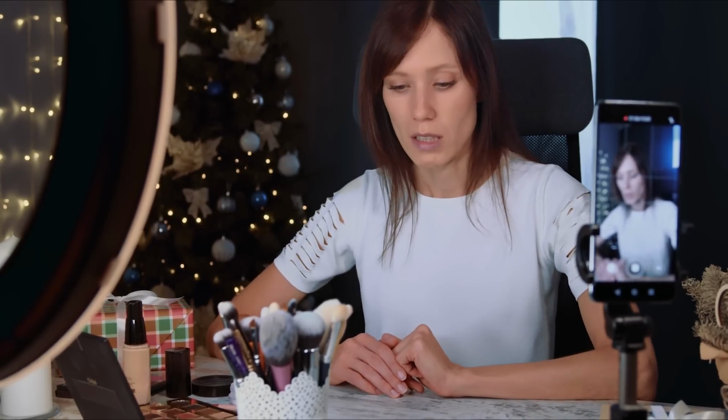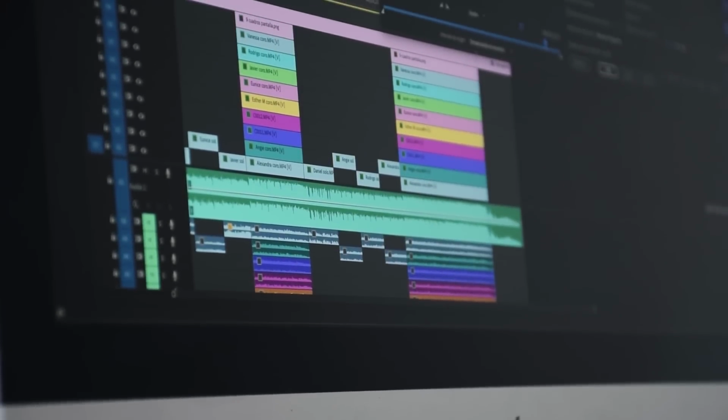Before I can tell you what hashtags to use, what time you should be posting, I need to make sure that you're actually creating the right content that the algorithm actually cares about. First and foremost, the best length to make your video on Instagram is 7 seconds long. If you do not make a 7-second video, you need a cut every 7 seconds. If you don't know what a cut is, it means a new background. It means you changing something up, you bringing a prop into the video or something along the lines of that,